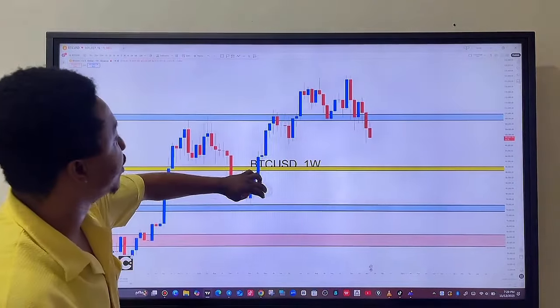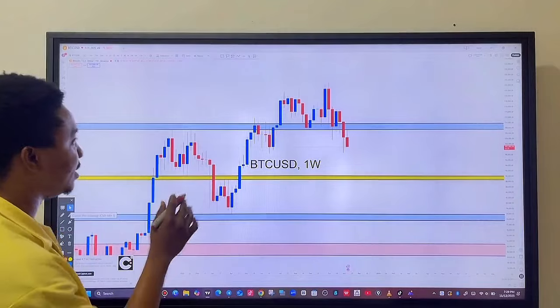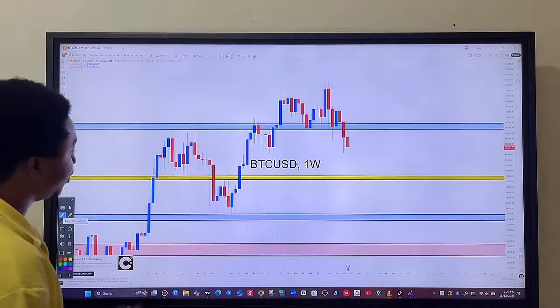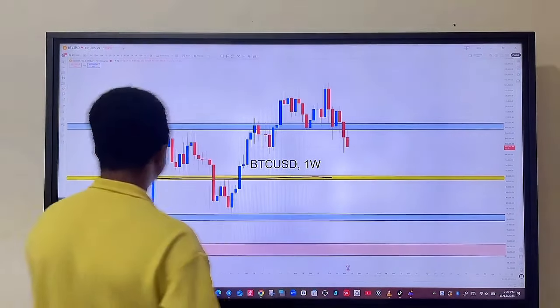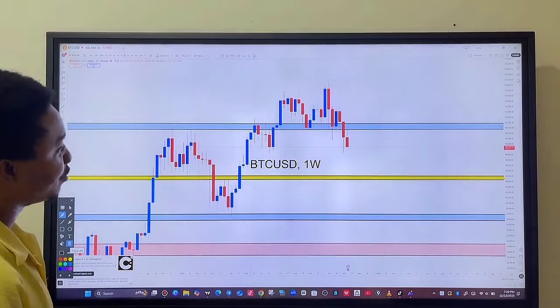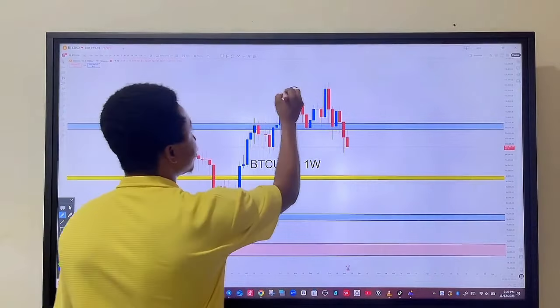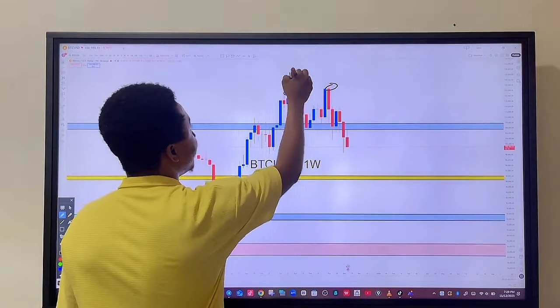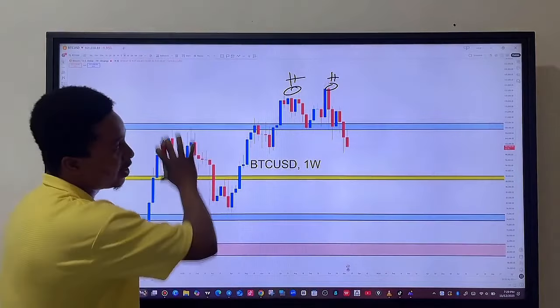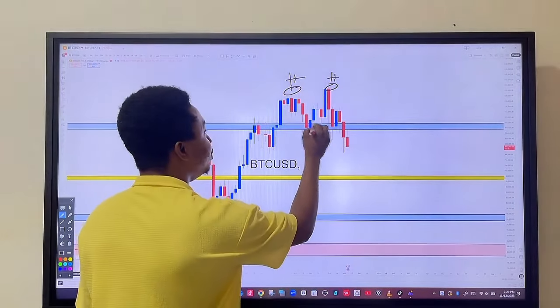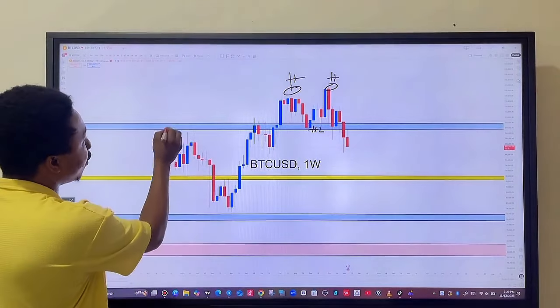Okay, so this is also the weekly time frame of BTC USD. Now BTC USD on the weekly, we have the weekly mid-range zone over here. What is going on the weekly time frame? On the weekly, this is what? A double top or equal high. Now after the double top, price has been able to break below its higher low, or this strong